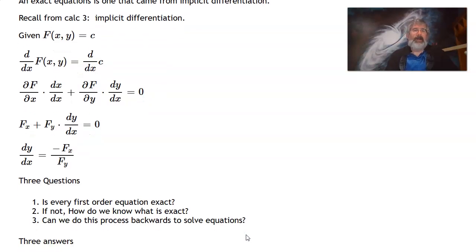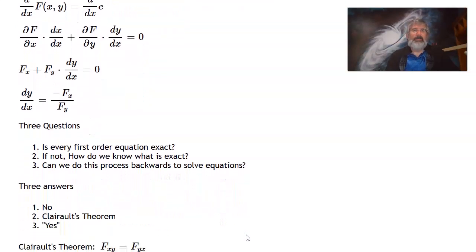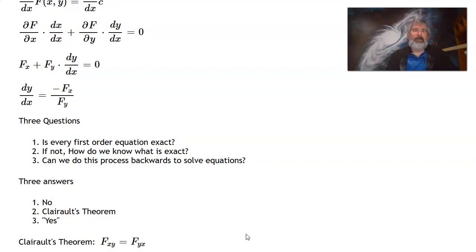And so here we go. Three answers to those three questions. One is, of course, no. Not everything is exact. How do we know? There's this thing called Clairaut's theorem, although I've also seen it called Schwarz's theorem. And the answer is yes, we can do this backwards